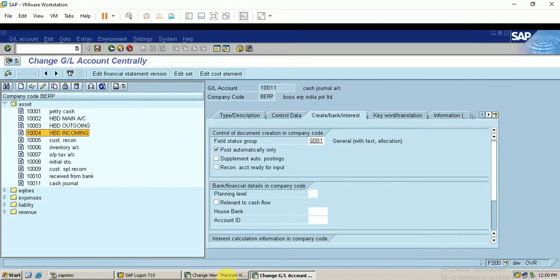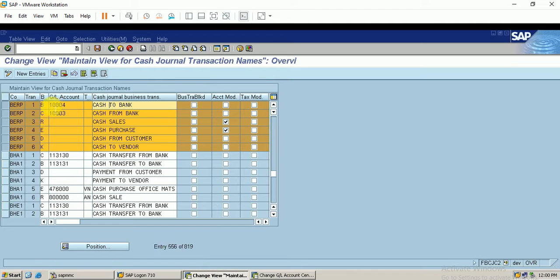I have only one house bank in my company code, so I just linked this account number. If you have multiple house banks, then I will leave this field blank, and I will tick account modification so that I can make a multiple bank selection. In this case, I have only one house bank, so I just linked that account here.